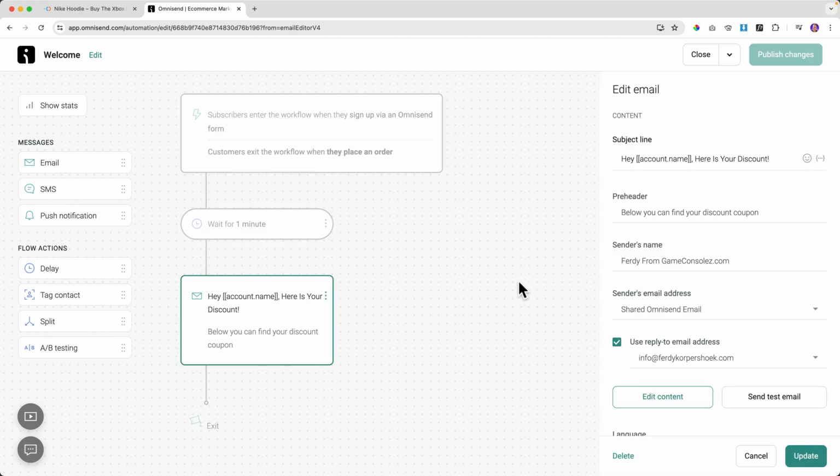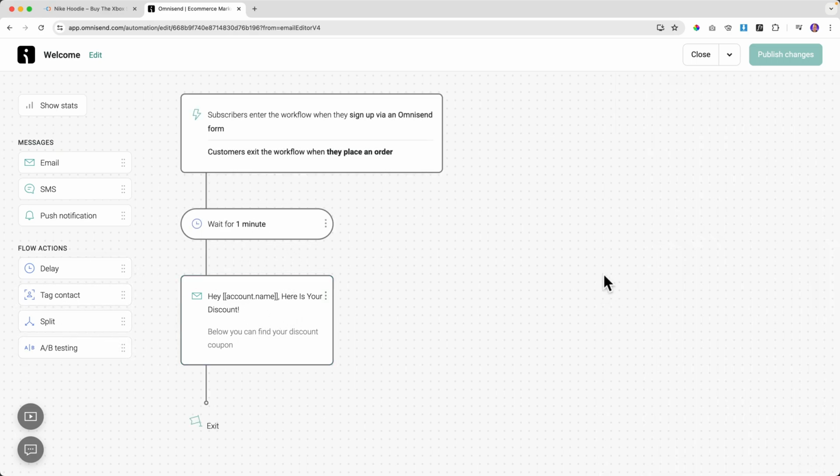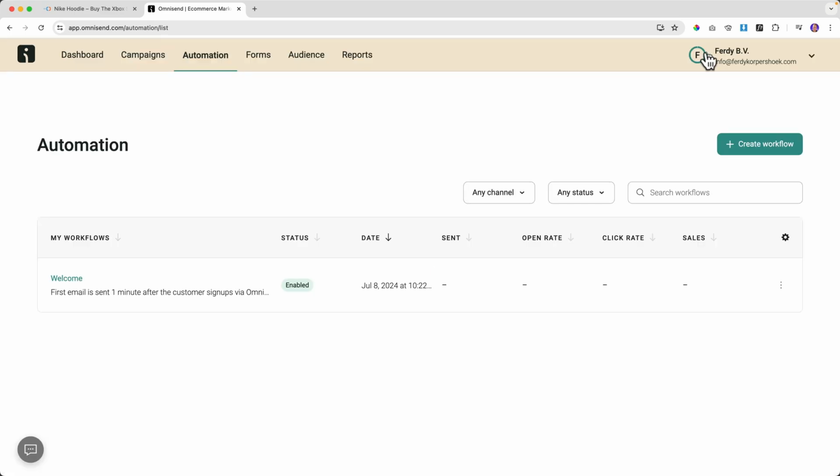So now there's so much more we can do. We can add another delay, send an email saying, hey, you still did not make use of your discount. Only send that when they have not used the discount yet. If they have used it, then we can decide to send nothing. But all these automations, we can create from scratch, but there are already templates that can do that for you. So right now I will leave it as this. I click on update, close.